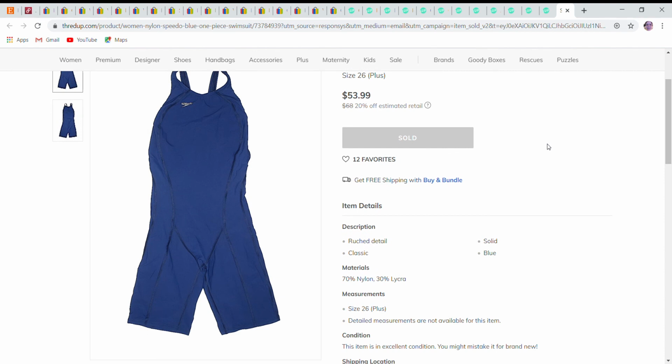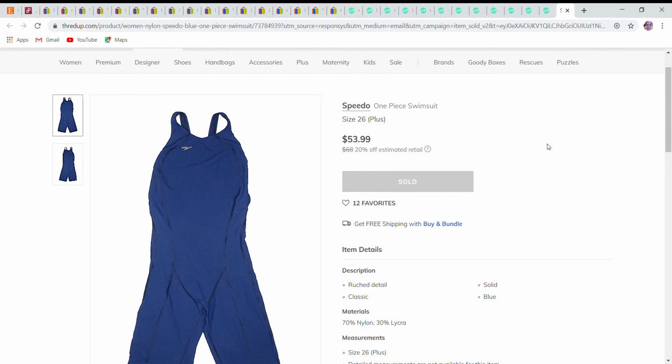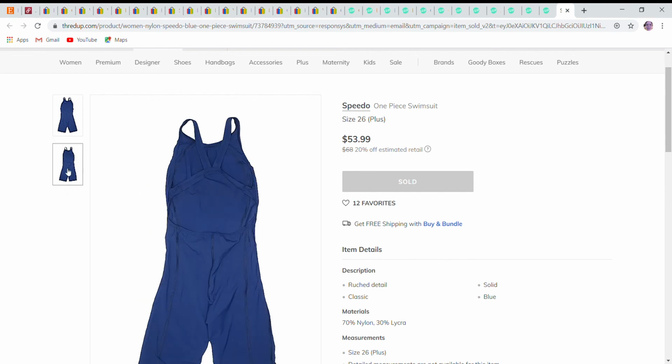And the last item, this one I was very happy to send to Thredup because I really wasn't even sure what it was or how to even describe it. So I was like, I'm definitely sending this one to Thredup because I don't even know what to do with it. But it was really cool. The material was really neat. It was very well constructed here. I liked the cutout back that it had,